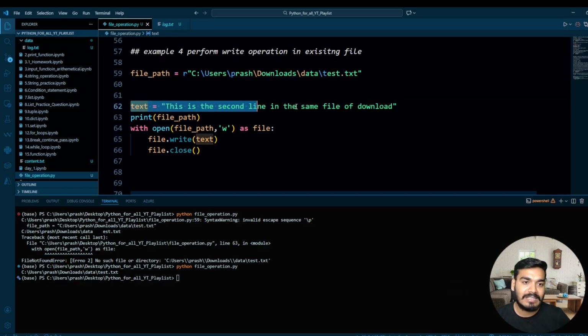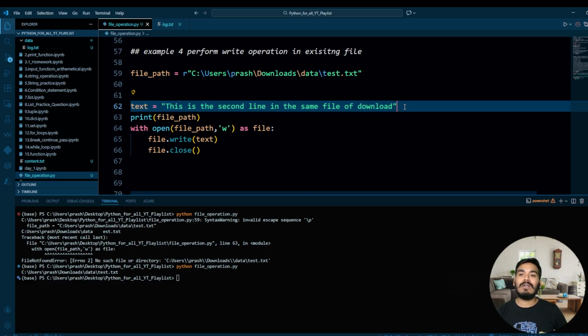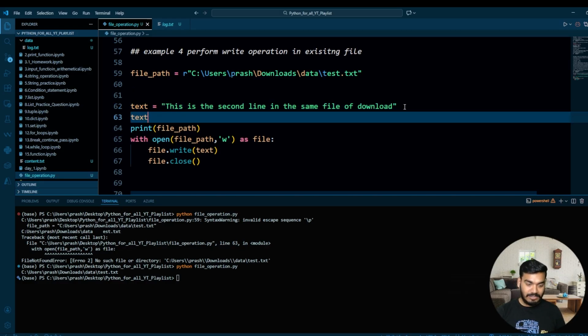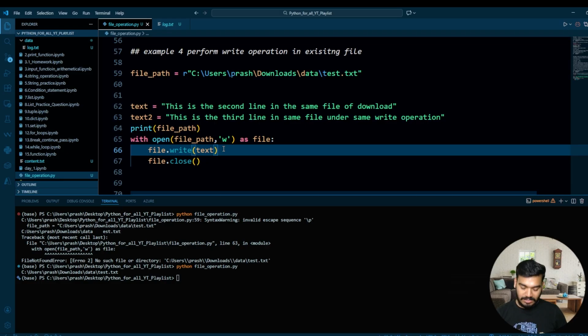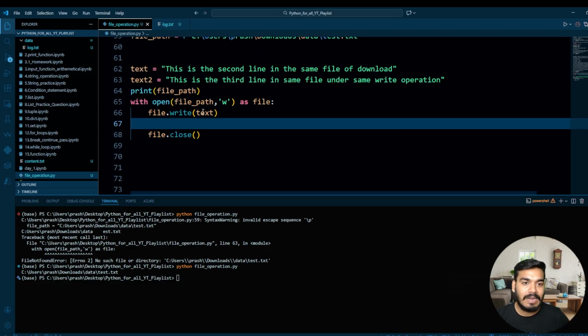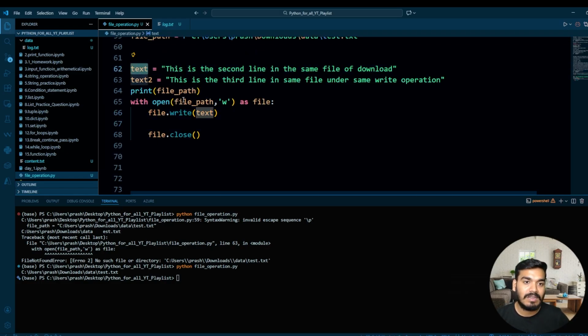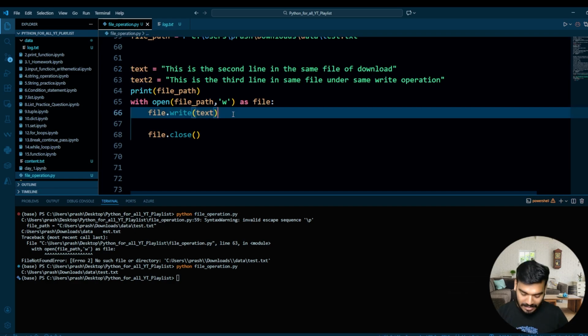So this text has overridden the earlier one. Now another one: I'll take text2 equal to, let's say, the third line in the same file under the same write operation. So file.write will write the first text, and again I write over here